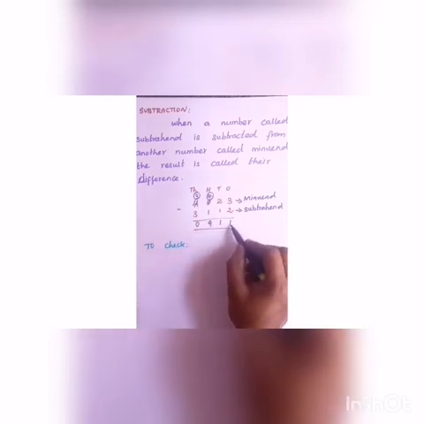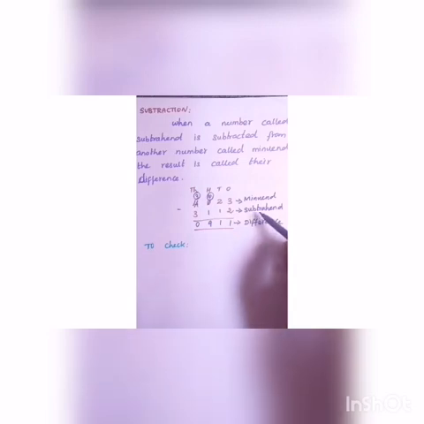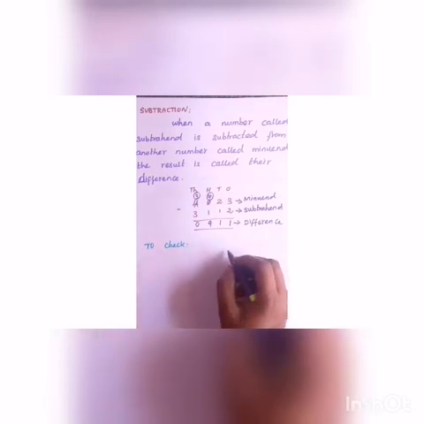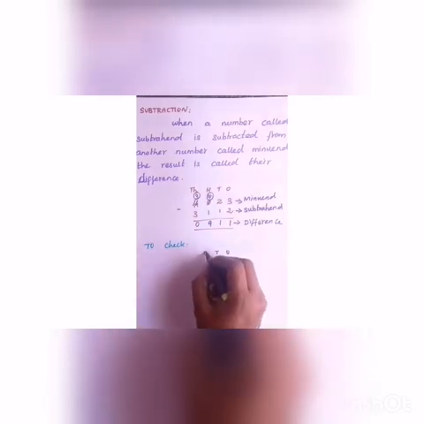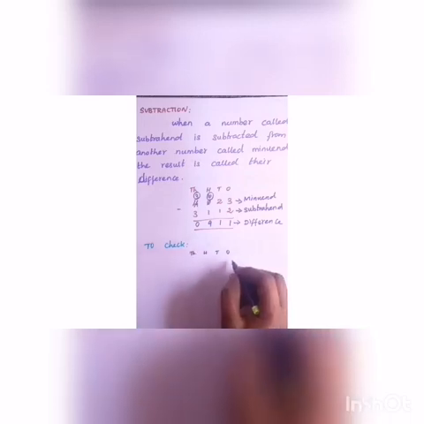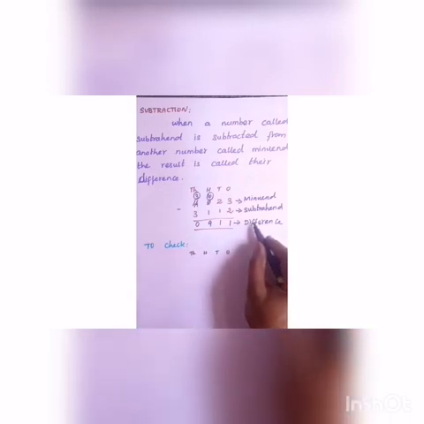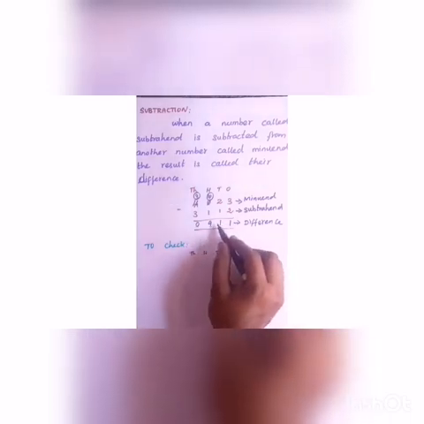Sorry, before that we get the answer. This answer is said to be the difference. What is this? Difference. Okay. Now we are going to add this difference and the subtractand. Then you get the minuend. Look at this. We want to check this number. So first of all you write ones, tens, 100, 1000. Next, first of all you want to write the difference. What is the difference?